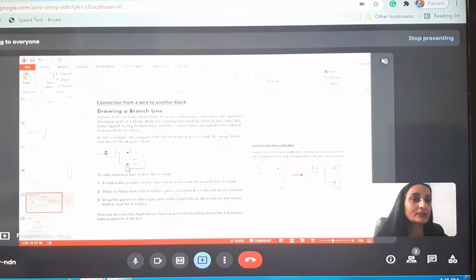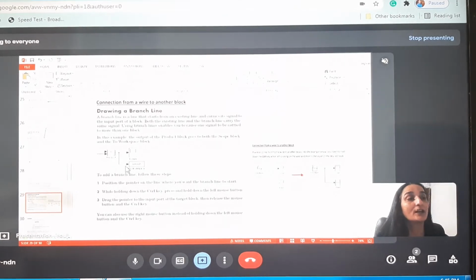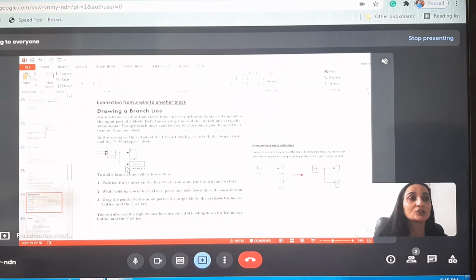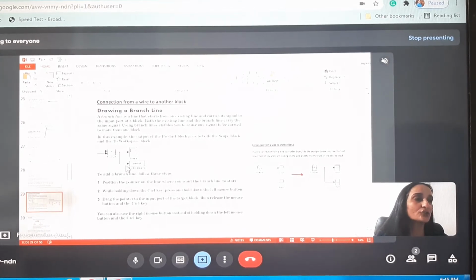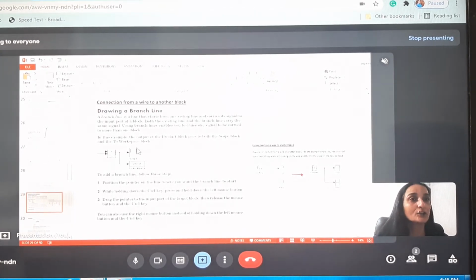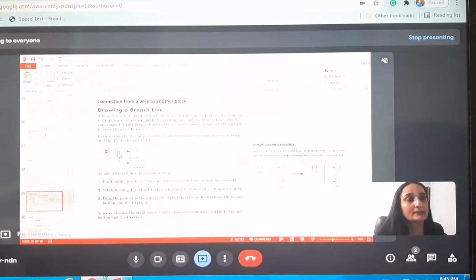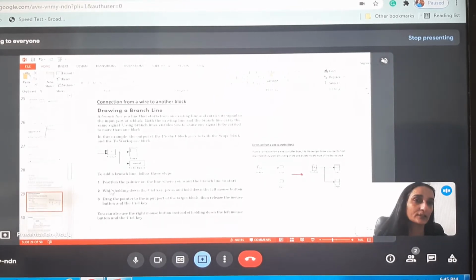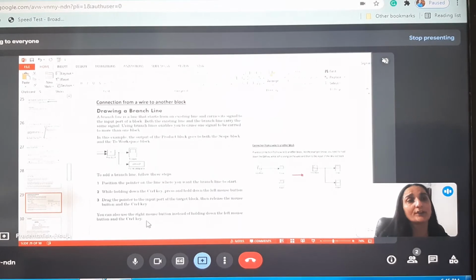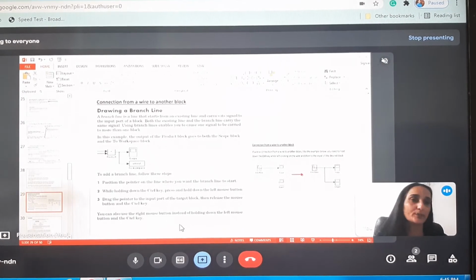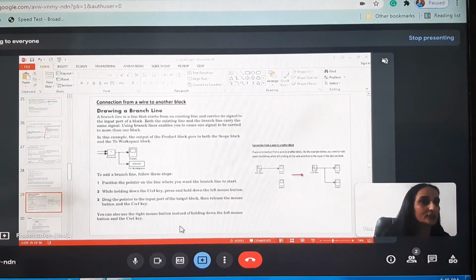Then release the mouse button as well as the control key. This way you can branch your signal. Now both these blocks will get the same signal. Otherwise, there's one more way. You can use the right mouse button instead of holding down the left mouse button and the control key.